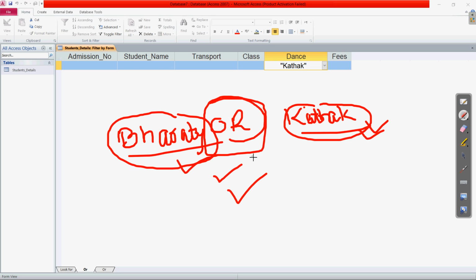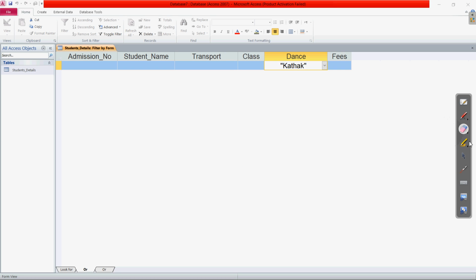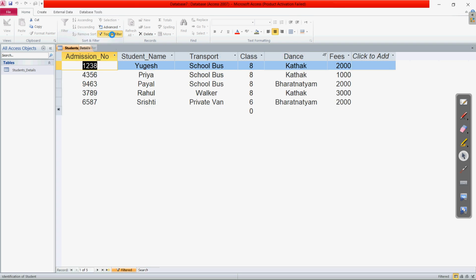Now in this filtering option using the OR, if either of any of these is found, we will get those in the selected records. So let us erase this and try to get the result. So first was Bharatnatyam and second condition is Kathak. Now if we click on the toggle filter, yes, here it is.